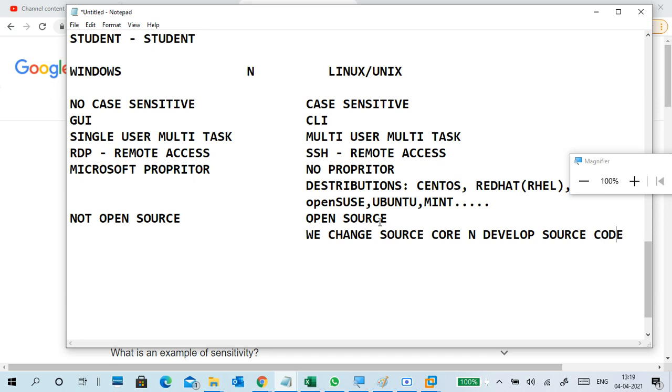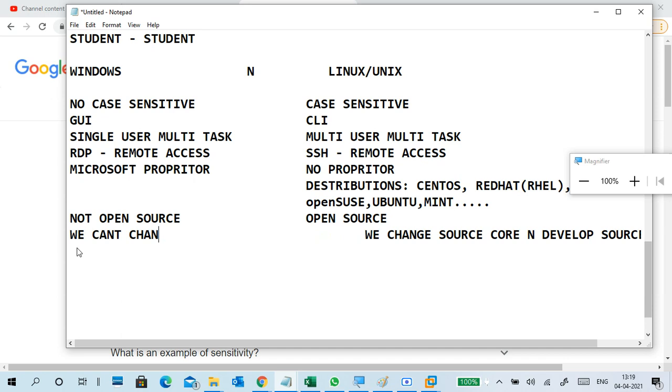Here we cannot change, can't read or write the source code.